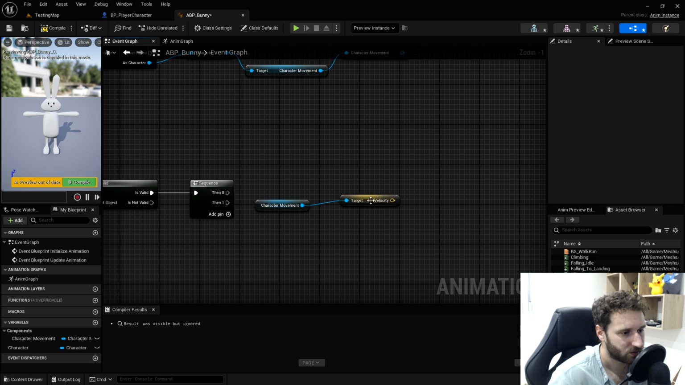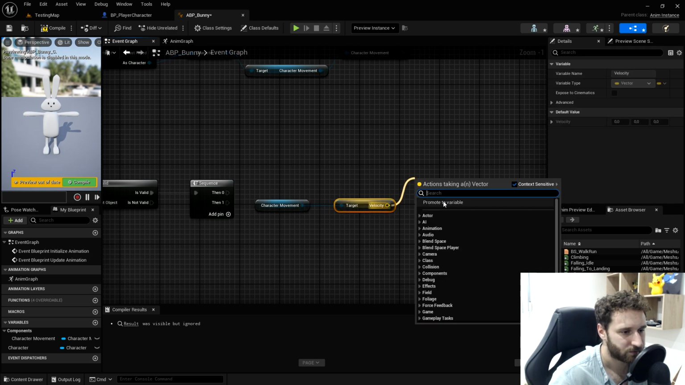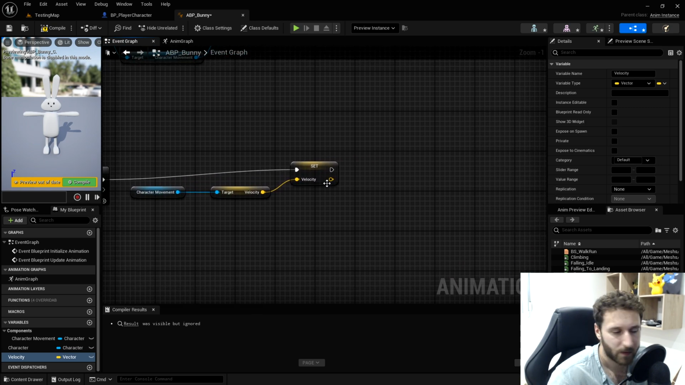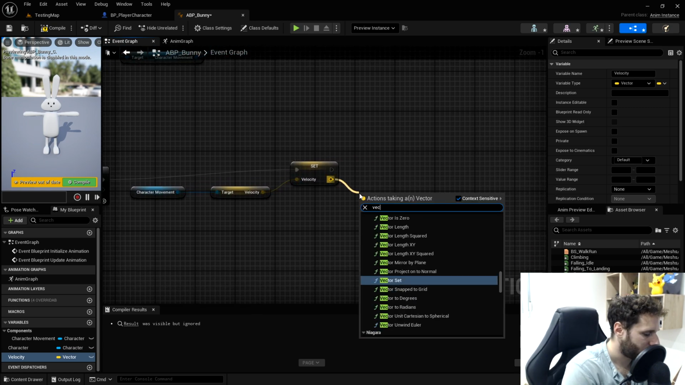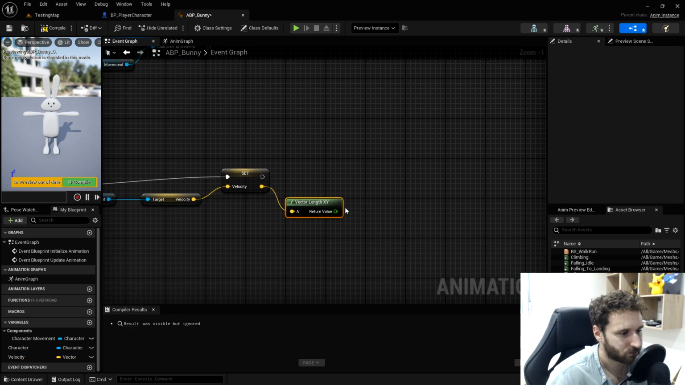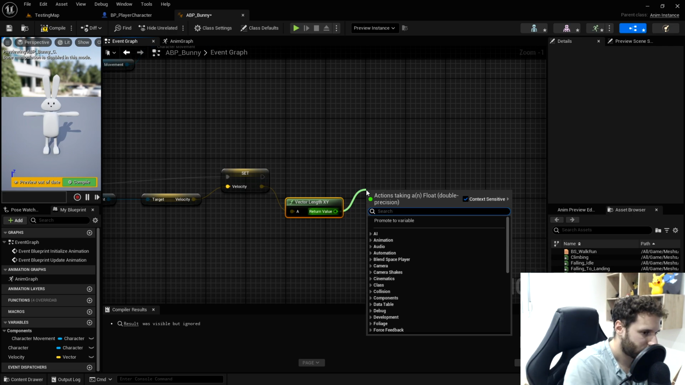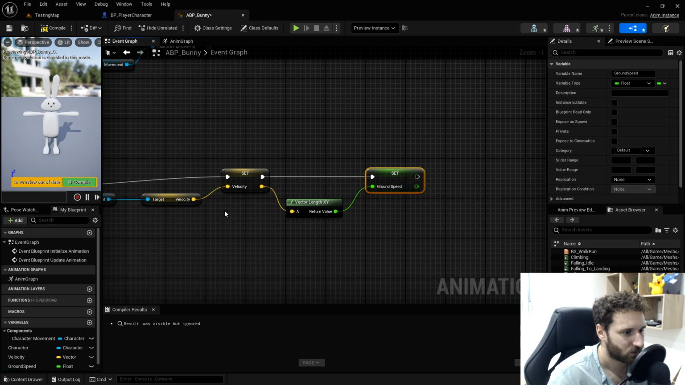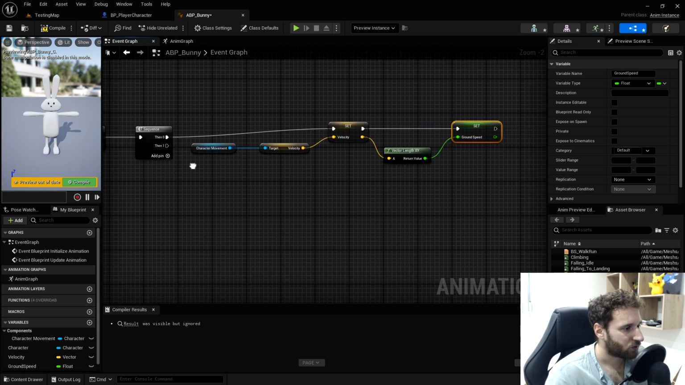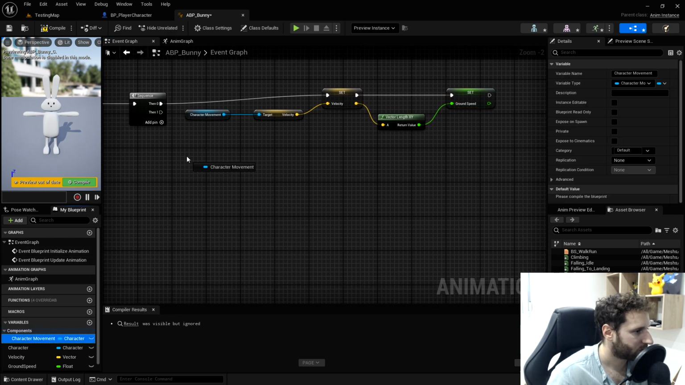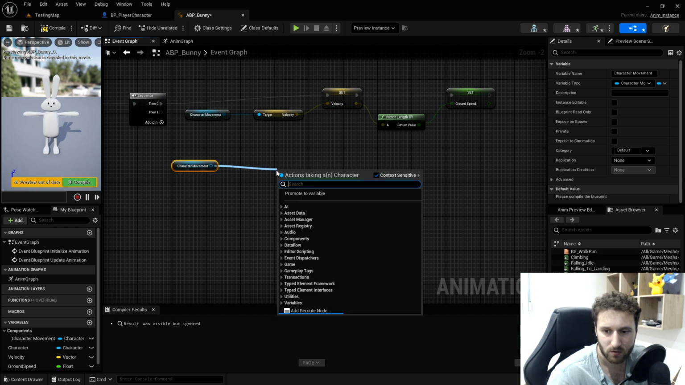Get the velocity, and we will save this. We promote to variable. We leave the name velocity, it's perfect. And we will do vector length xy. And we will promote this to variable and call this ground speed. Okay, perfect. Now for the second stuff that we will do, we will get the character movement, we will get